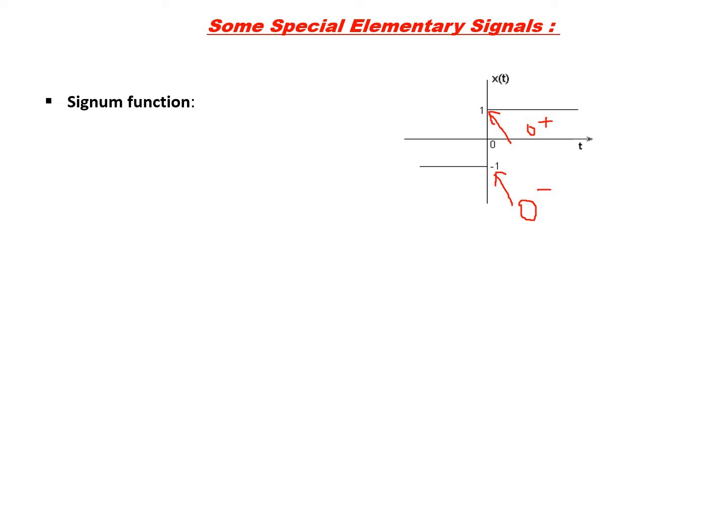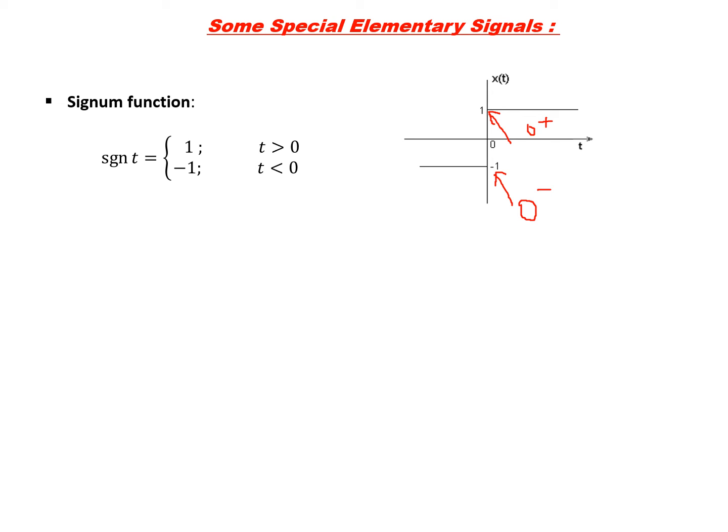But anyway, let us solve this kind of problem and understand more of them in future classes. For t greater than 0, it is 1. For t less than 0, it is minus 1. At t is equal to 0, it is discontinuous. You cannot properly define the signal. Now, how to express this mathematically? Yes, this is what they have mentioned.